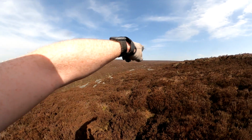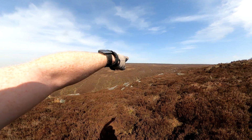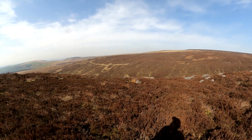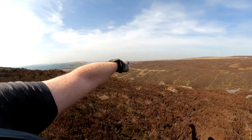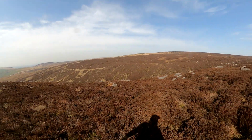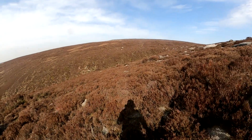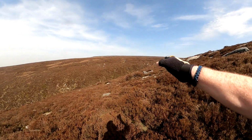Just go wherever. About another 400 metres and then can break over, and as I make my way back, so rough and ready over to here, and that's probably not so bad. Got a long fence line, getting into a bit of a sort of boulder field and sort of gradually descending